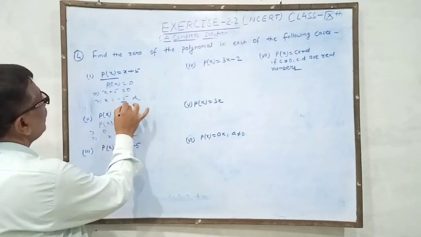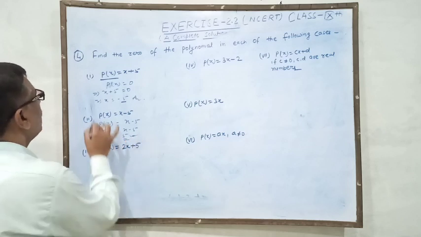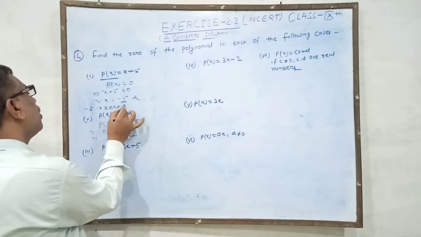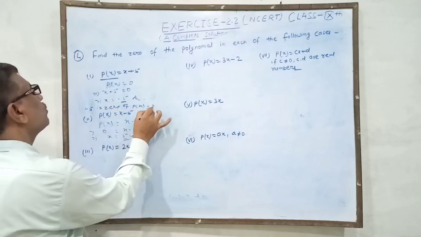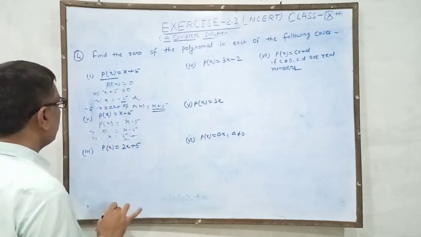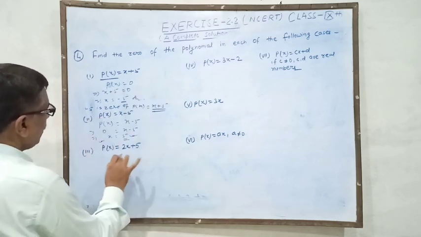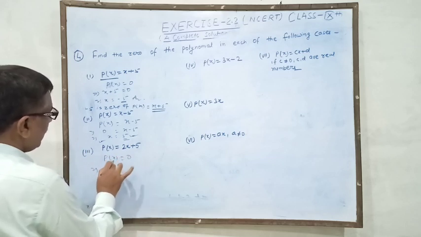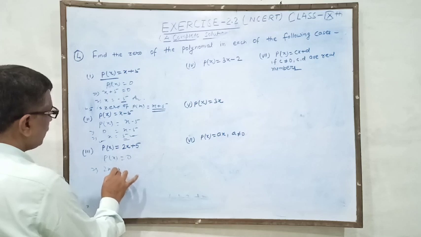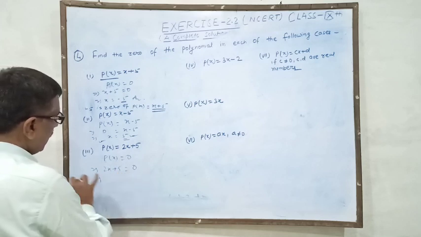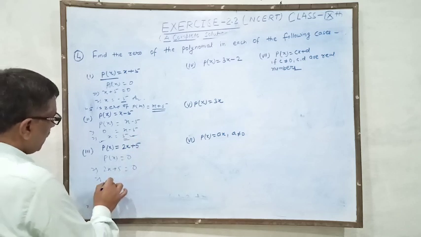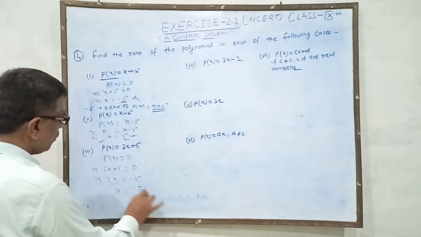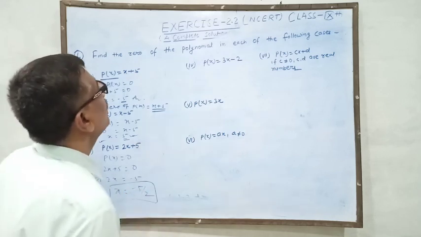Okay, here -5 is the 0, here 5 is the 0. Here you write -5 is the 0 of p of x equals x plus 5. This way you write, and in a similar way you have to write. Similarly, you write p of x equals 0. This is the third. Here the value of p of x, 2x plus 5, is equal to 0, and now you transpose 5 from left to right, so you write 2x equals -5 and x equals -5/2. Okay, this has been described.